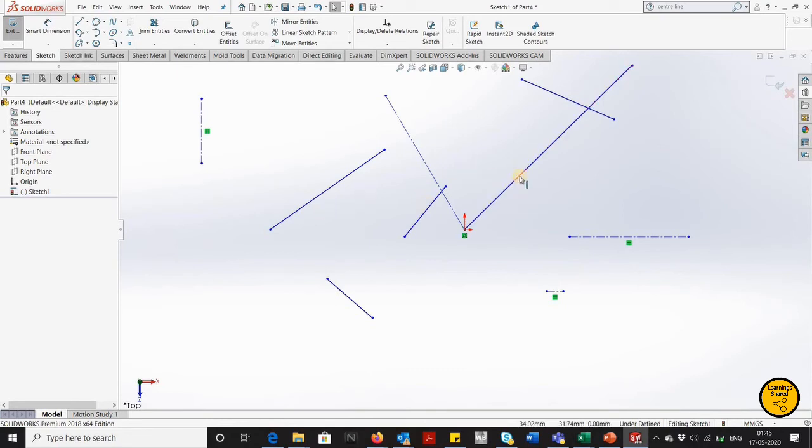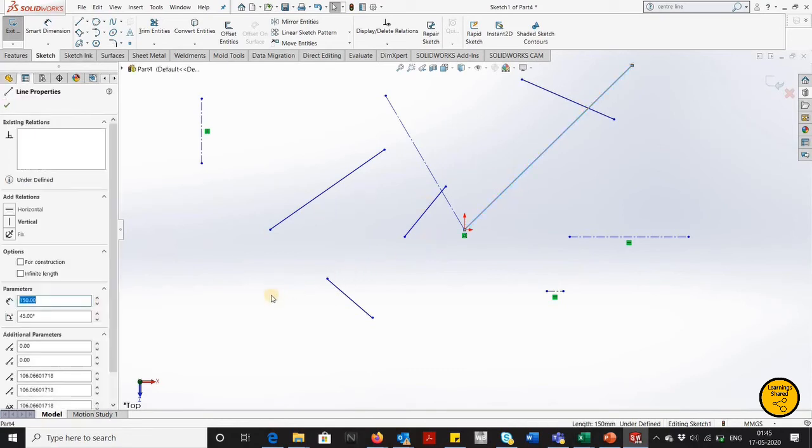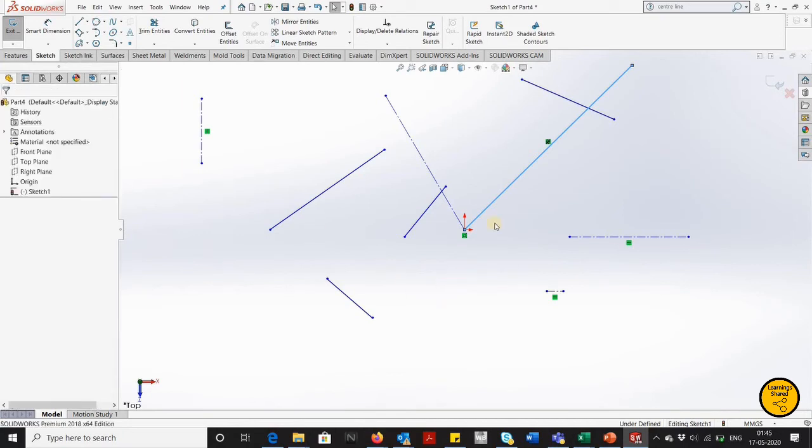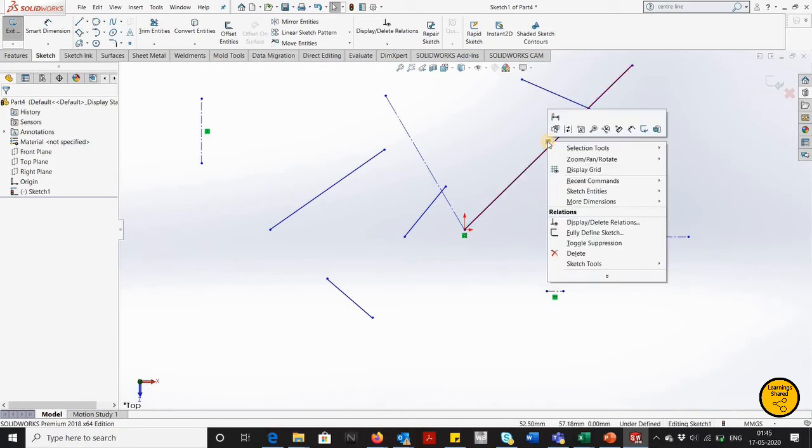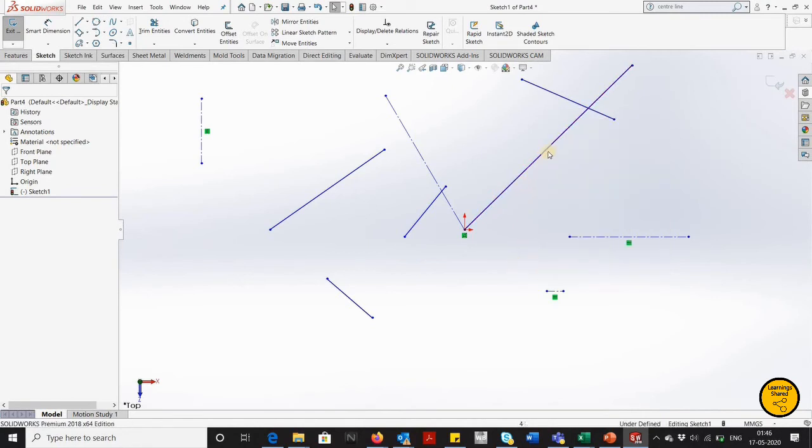So select it. There are two ways of making a line constant. By clicking this, see, now the color of the line has changed to black. So now it means the line is constant. It means it cannot move. You can click on this fix symbol and delete it. Again it will become a free line. It means it can move freely.